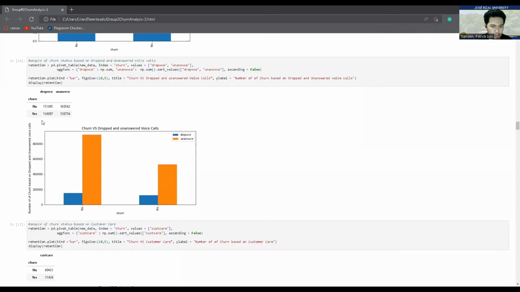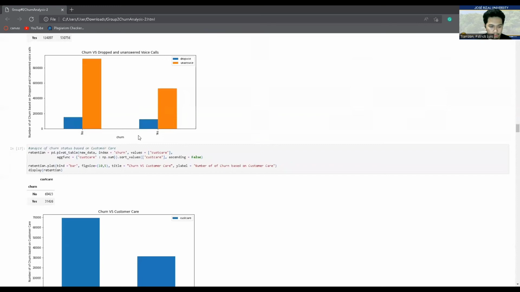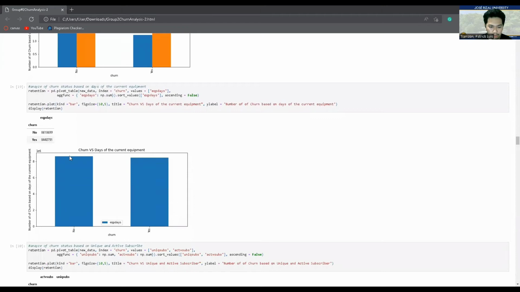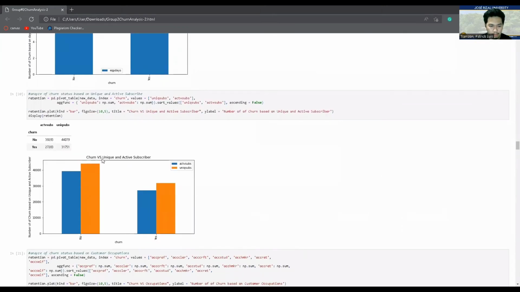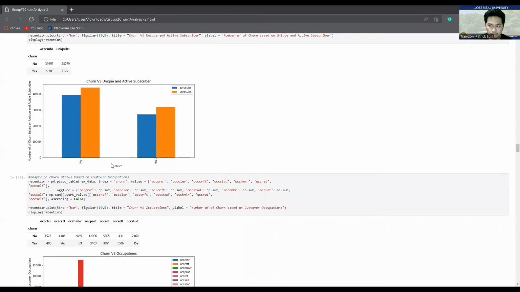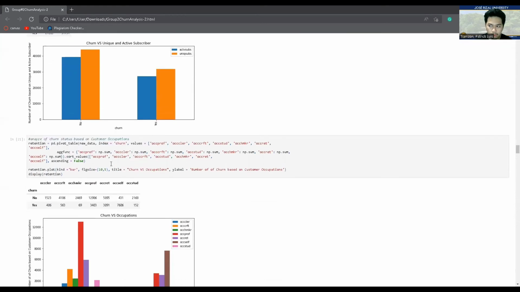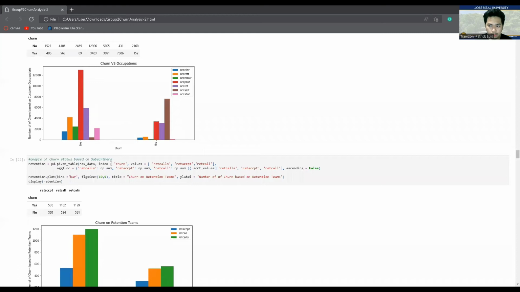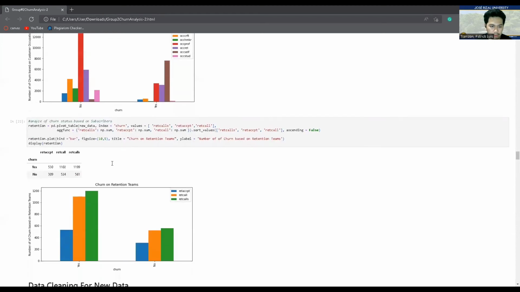And here are the graphs that we use: the churn, unanswered voice calls, customer care peak voice calls, the current equipment, and active subscribers. We added more. We just simply analyzed the cause of why customers churn to their company. So we added more attributes in order to know that there are some things that can be the cause.